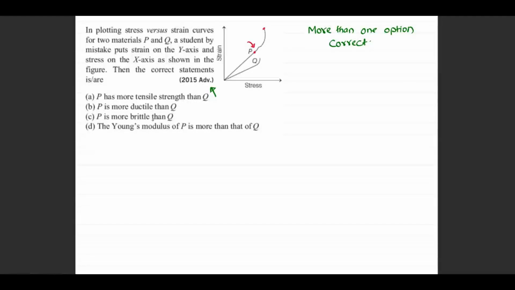from the graph, for wire P between elastic limit to fracture limit, this wire can undergo more deformations. While for Q, this is the elastic limit and this is the fracture limit, and the wire can go only small deformations. Therefore, the one which can go more deformations means it can be shaped more. So can I say P is more ductile than Q? This is the first inference, right? So this statement is correct.